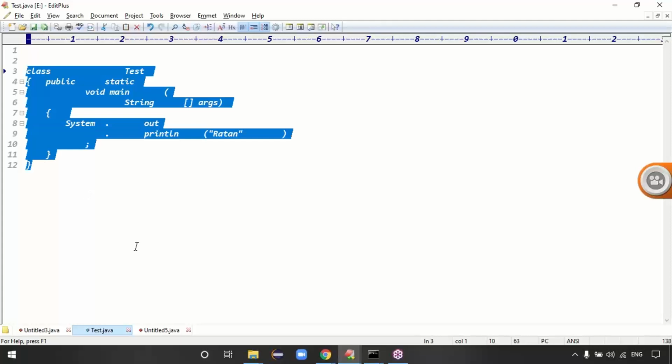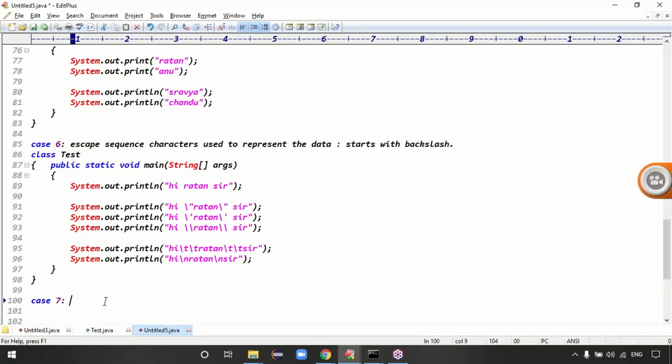So then what's the conclusion here? What do you mean by token, guys?